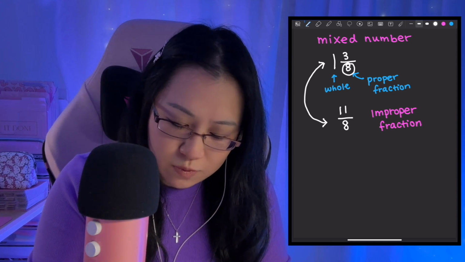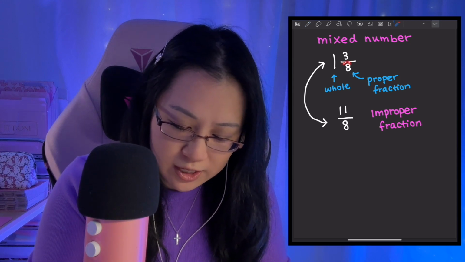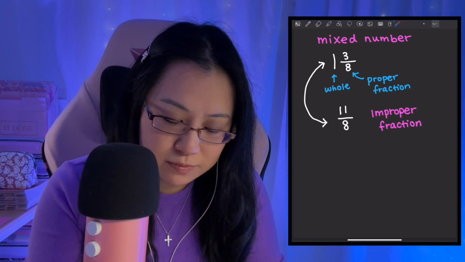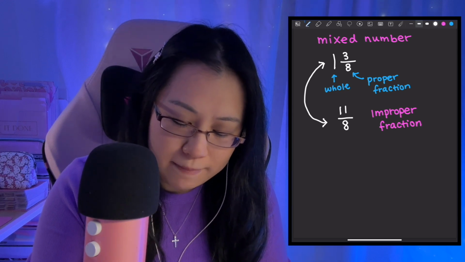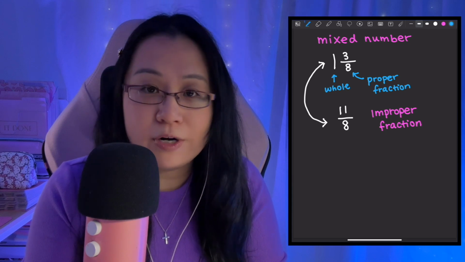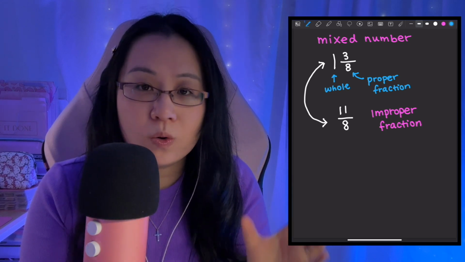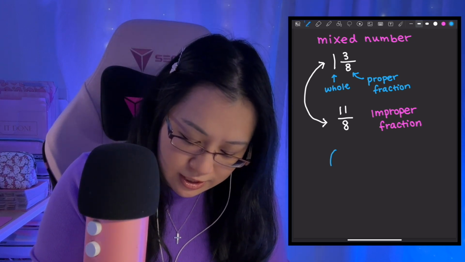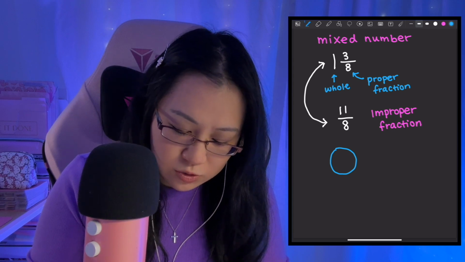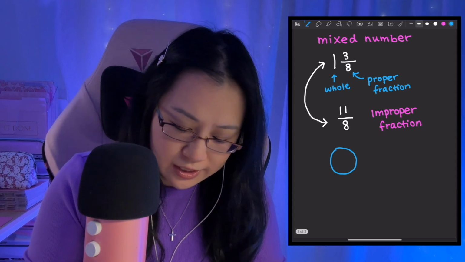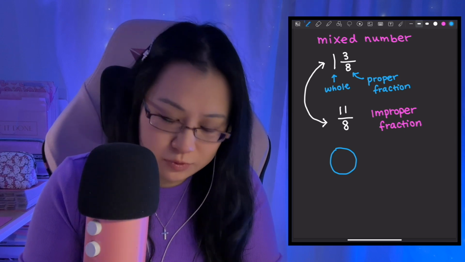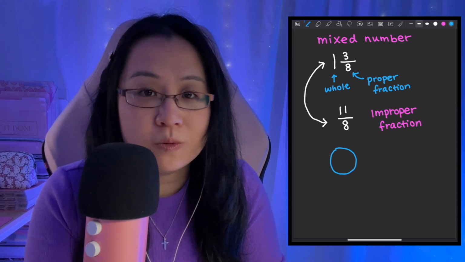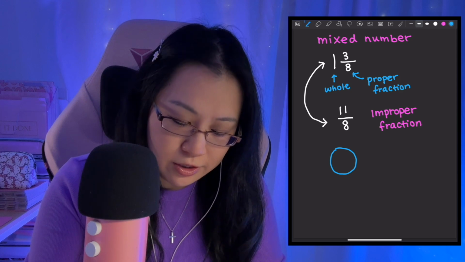Well, the reason why we keep this 8 is because this denominator, this bottom number, essentially tells us how many pieces I want to break my quote-unquote whole unit into. So 1/8 means that I take, let's say, a pizza. This whole thing represents 1. Okay, so 2 pizzas, 3 pizzas, 4 pizzas, whatever, right? But 1 pizza. This bottom number tells me how many equal pieces I should break this pizza into. So in this case, we have 8